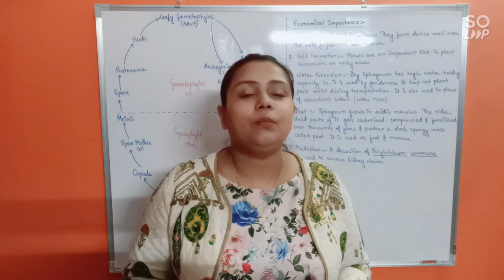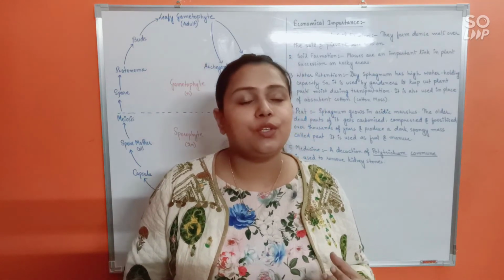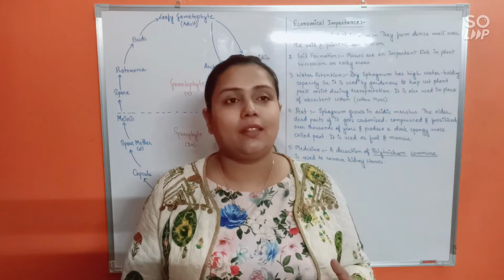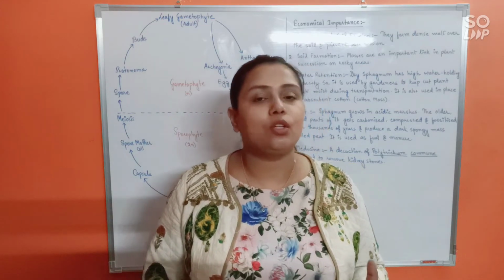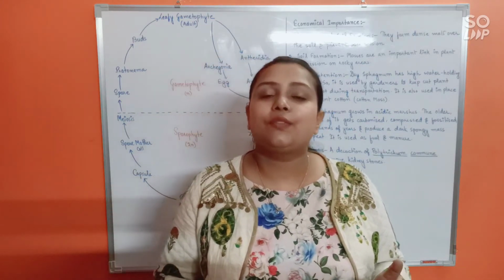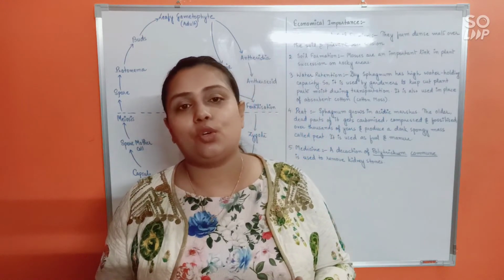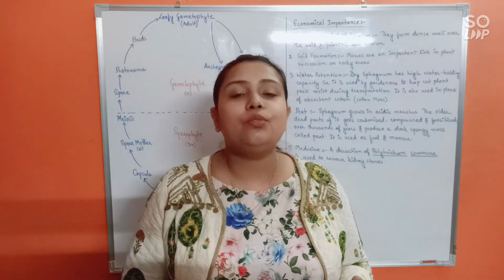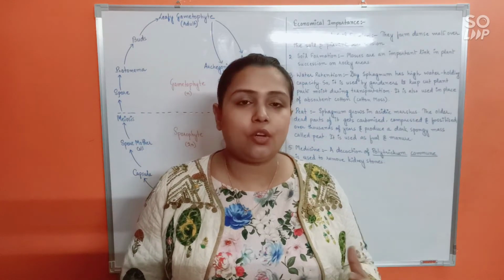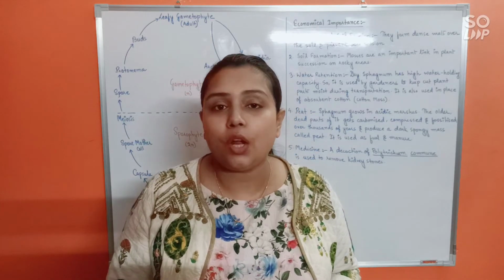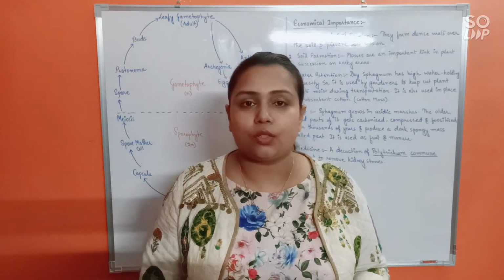That's why sphagnum during World War I was used very popularly for surgical dressings, because at that time absorbent cottons were not present. So that's why sphagnum instead was used for its antiseptic property and moisture holding capacity. It was used as absorbent cotton or as surgical dressing during World War I. Hence we also call it the cotton moss.